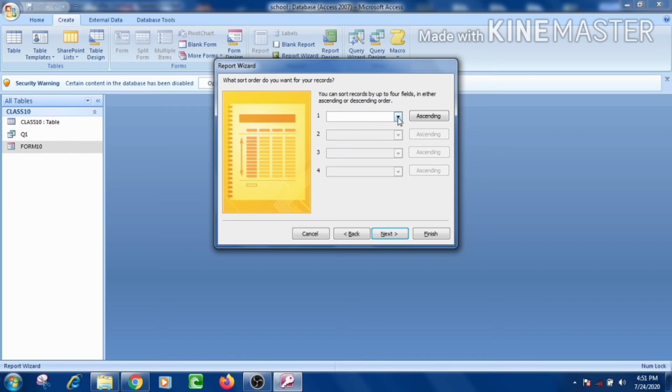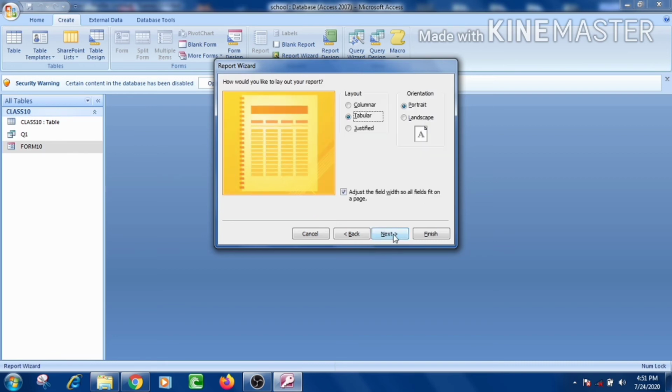For this purpose I have to select the field. Suppose that I am selecting the field roll number, roll, then I will select the order. Suppose that I have selected the descending order. It means now it is going to create the report in the descending order of the field roll. Now again I will click on the next button.